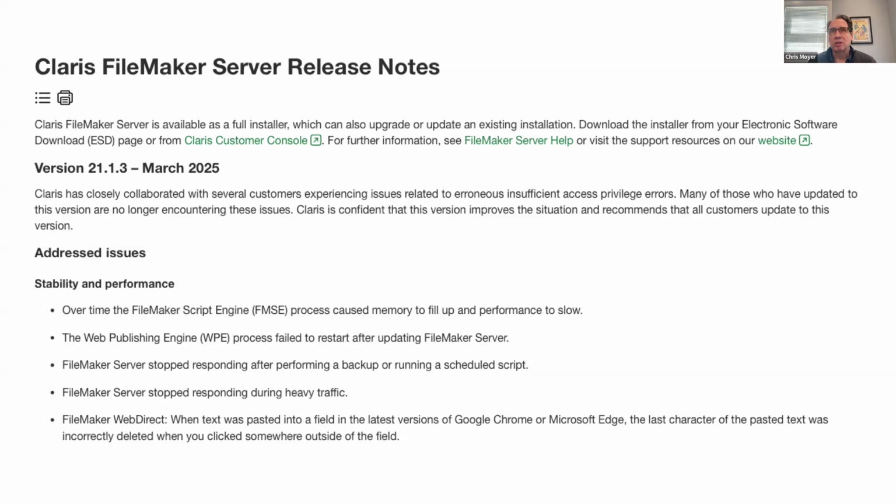There have been some reports. I've known a couple people and have seen stuff online about problems with perform script on server session throttling, specifically sort of being limited by the number of cores available on server. So for people who make significant use of perform script on server, I would probably wait on this update.